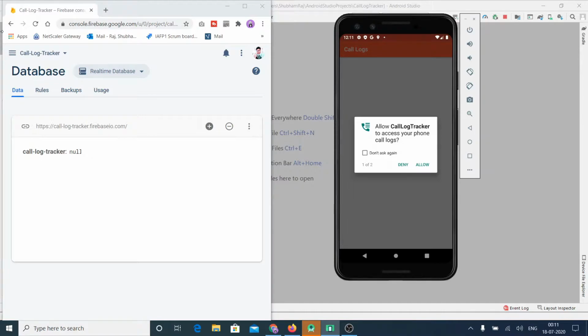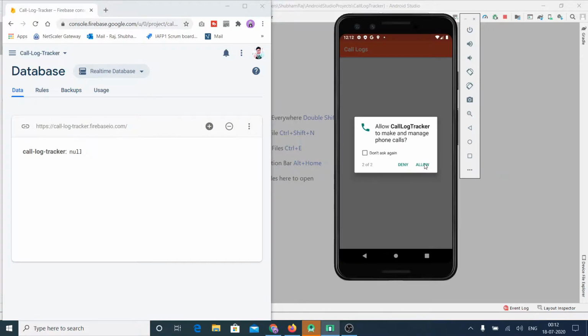So to show you the demo, I have to click on this allow button. So I will click on this allow button, and I have asked for two permissions. The first permission is to access the call log, and the second permission is to manage and make phone calls. I will require this permission to make a phone call to open the app, right? I already told in the intro that I have added a feature that whenever you call a secret number, then the app will open. So for that I need this access, so I have added this permission.